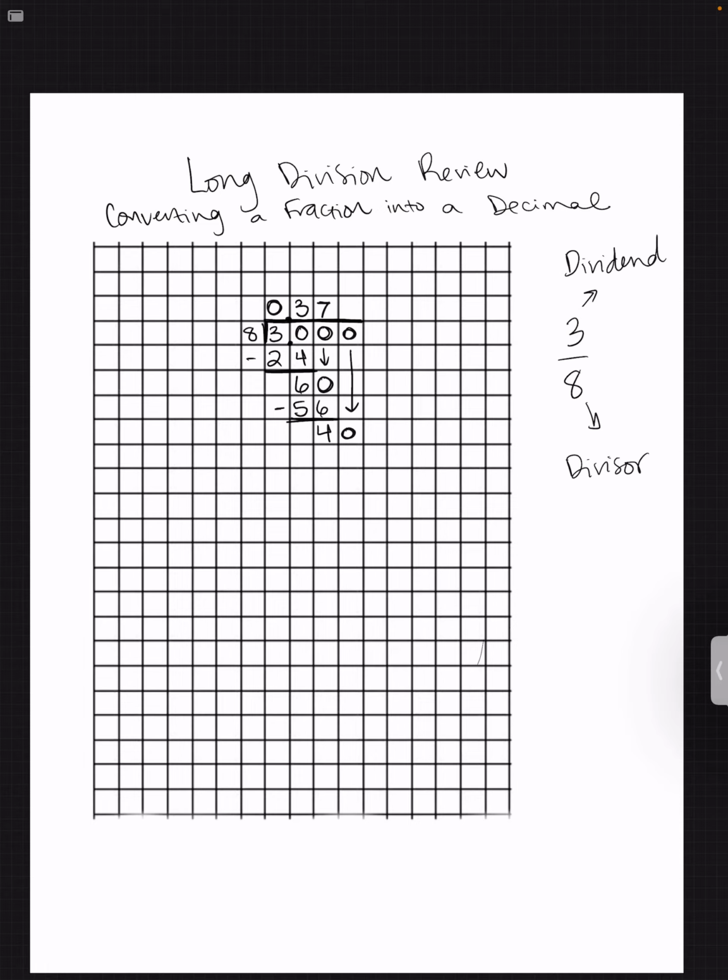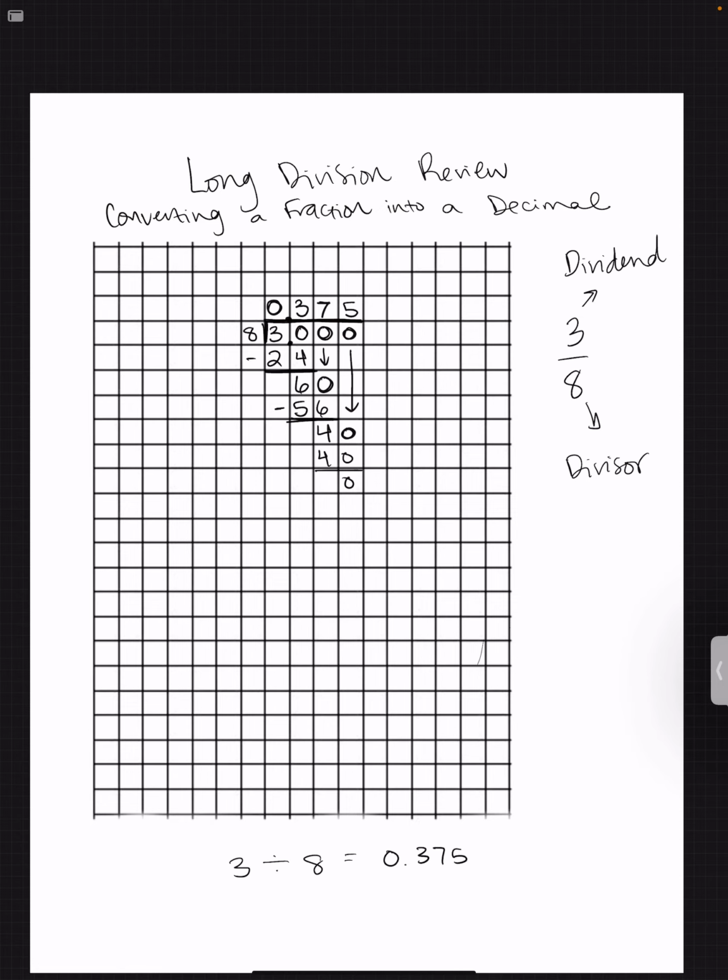I then ask myself how many times 8 go into 40. That is 5 different times. And then 5 times 8 is 40. And I have nothing remaining. This means that 3/8 in a decimal is 0.375, or 3 divided by 8 on a calculator would also give you